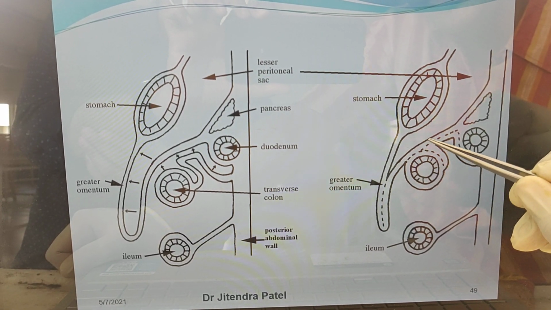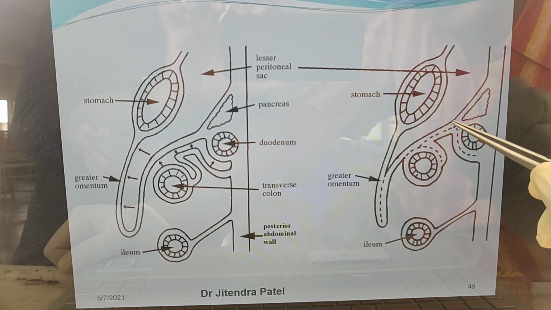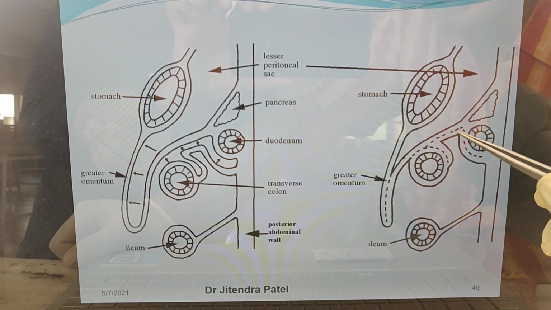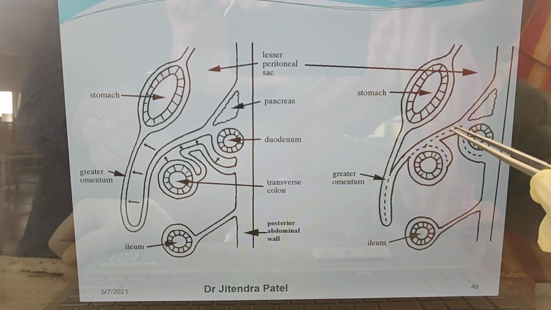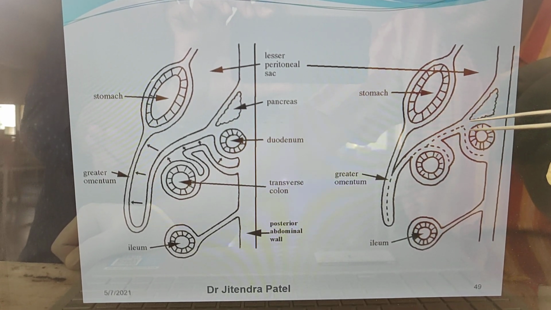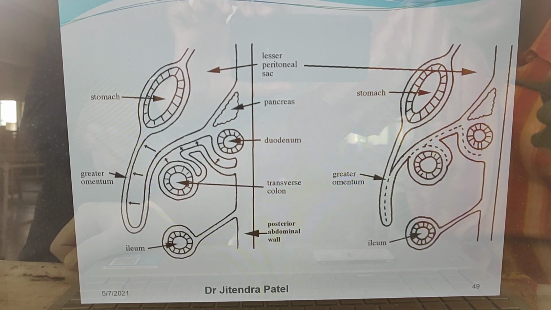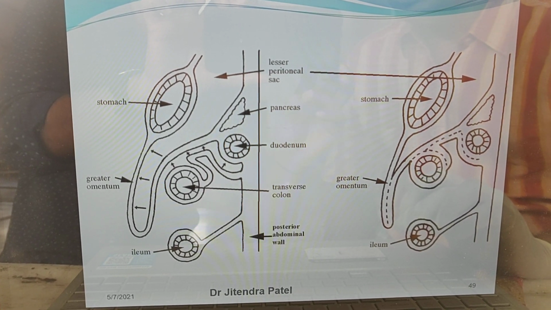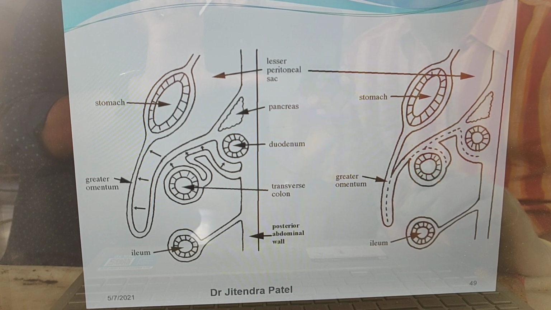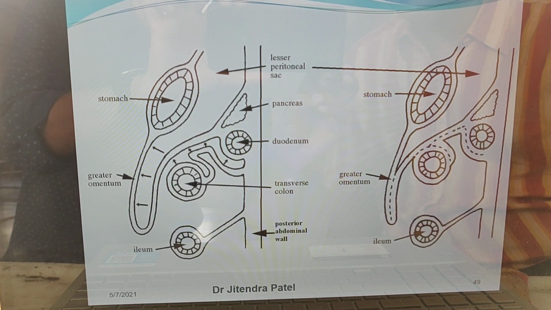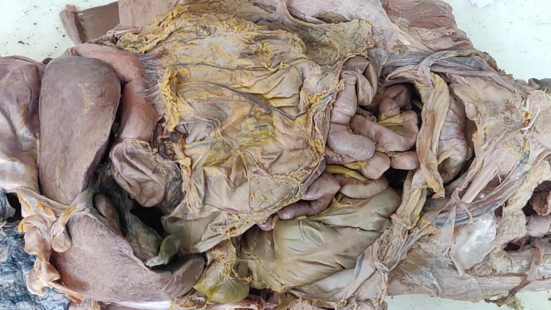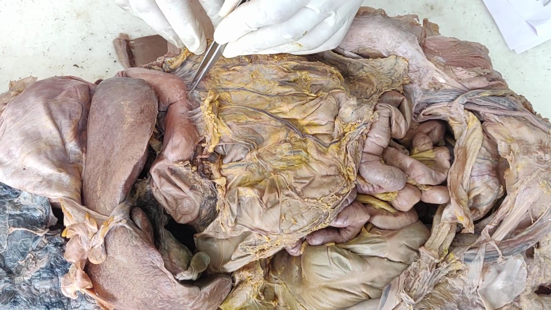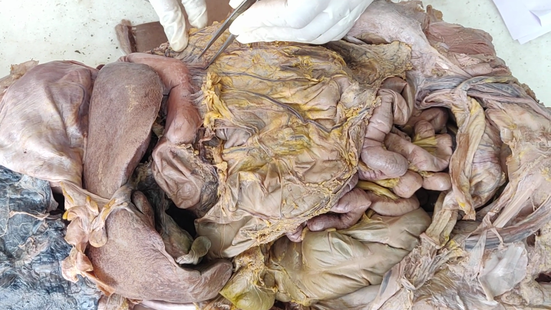The third layer goes directly to the anterior border of the body of the pancreas, and here the posterior layer of the transverse mesocolon is called the transverse colon. This is about the zygosis of the fold of the greater omentum and the fold between the transverse colon and greater omentum. We already discussed that just below the stomach, the first two layers of the greater omentum contain the right gastroepiploic artery and left gastroepiploic artery.